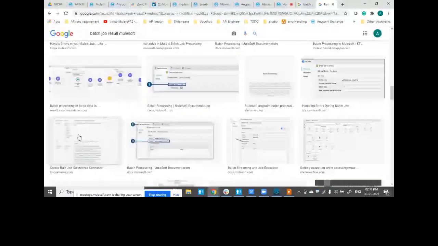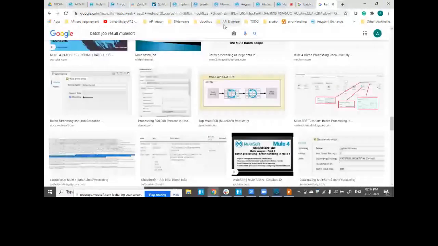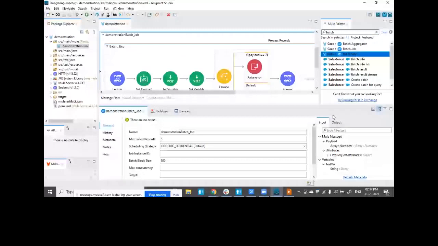I don't have a current image of it, so let me do a simple thing to show you. I can show it simply in Studio. If I click on batch job and go to output, you will see the resultant, which is the batch job result. And if you open that,